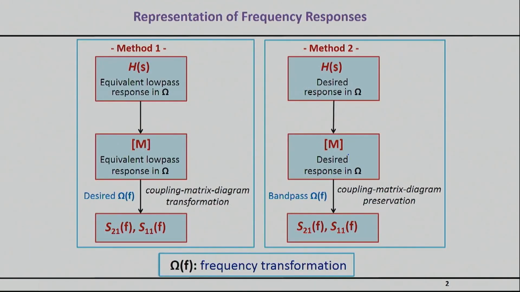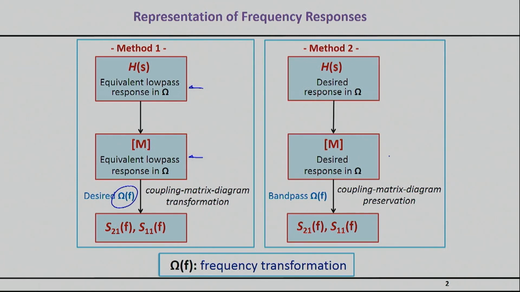There are essentially two main methodologies for accomplishing this. One is probably something you have already seen or heard of, and I've even hinted about this before. Essentially, first synthesize everything in the normalized frequency domain by doing your low-pass prototype response. Find out the coupling matrix in this domain, as we have seen so far. And finally, once you have your S21 and S11, apply the desired frequency transformation from the normalized low-pass domain to a band-pass, band-stop, or any other thing to get the true S21 and S11 as a